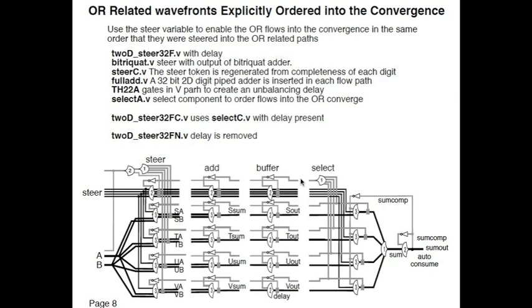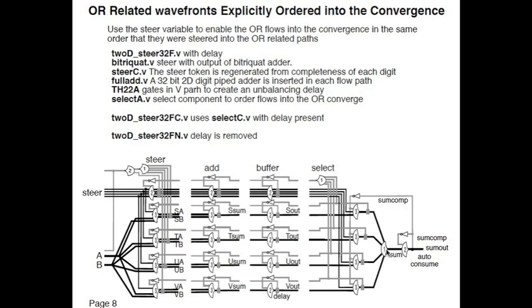We do that coordination with a select column that enables each OR-related flow into the convergence in the same order that it was steered into the OR-related flow paths. And we do that with the same variable that did the steering. So the steer variable comes in, it steers into the OR-related flow paths, and then we pipe that along to the select column, and then that same variable selects in the same order the wavefronts and the flow paths to